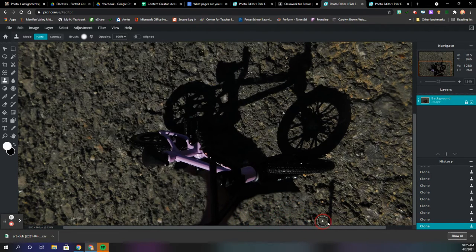So sometimes you get too into this part of it, the cloning part, and you forget where your cursor is up here, and then it might run into the bike. You might accidentally suck in some pieces of the bike or be cloning something you don't want to clone. So you have to keep an eye on what's happening in both areas. It's kind of hard. Okay, so now that I've cloned some of my hand away,